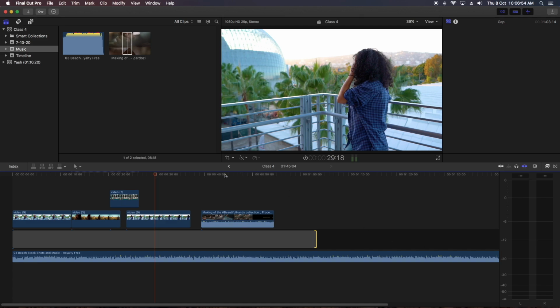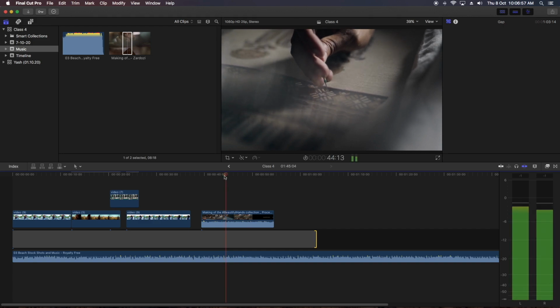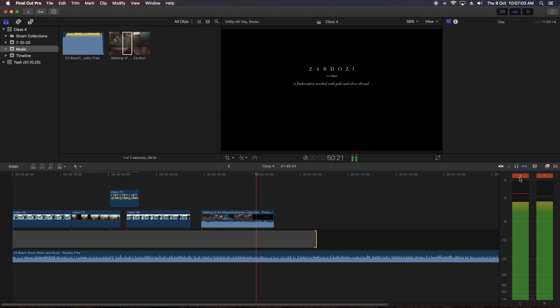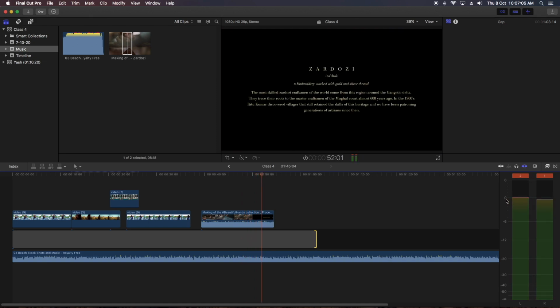So this is the audio track. Now you can see whenever it goes above 0, with minus 6, minus 12, when it goes above 0, it shows red. That means this audio needs some dB correction.